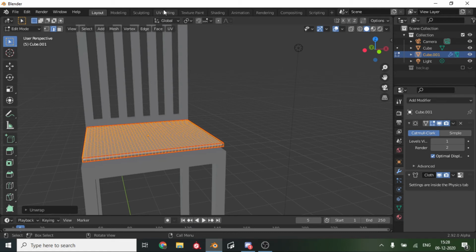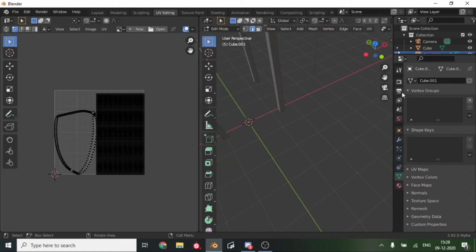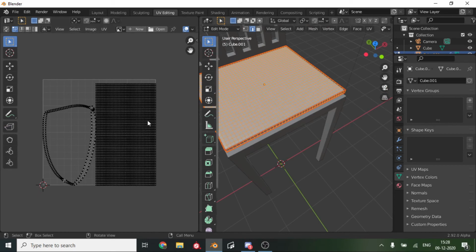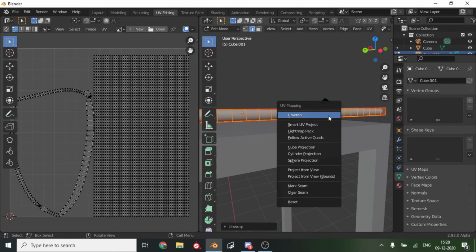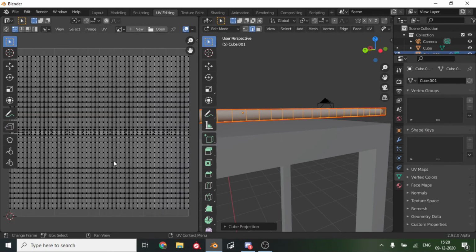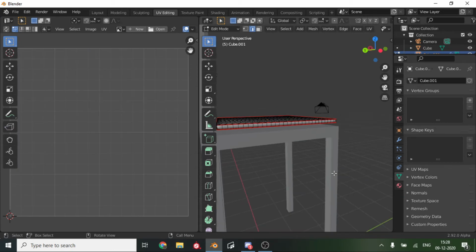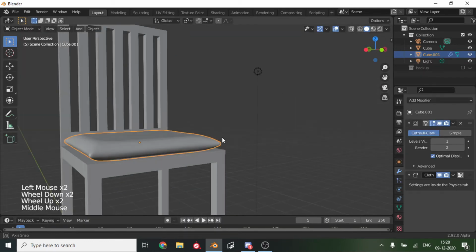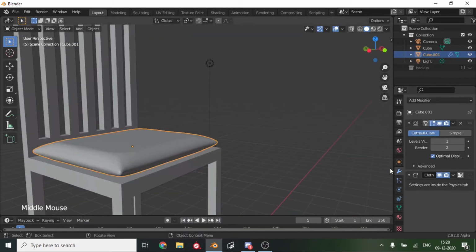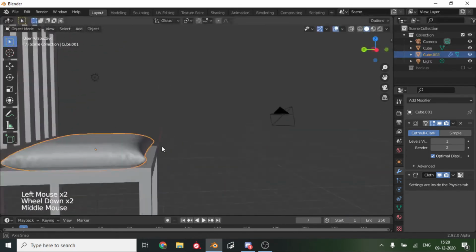So now if we change into the UV Editing workspace, you can see how it has unwrapped. But you will see that there is some problem over here. So we can go U and Cube Projection. That will help us. And once we are done with that, we can come back to our Layout tab and let it puff. Basically, we want to drag this slider up, and we want to drag it frame by frame, or else it will not puff up nicely.